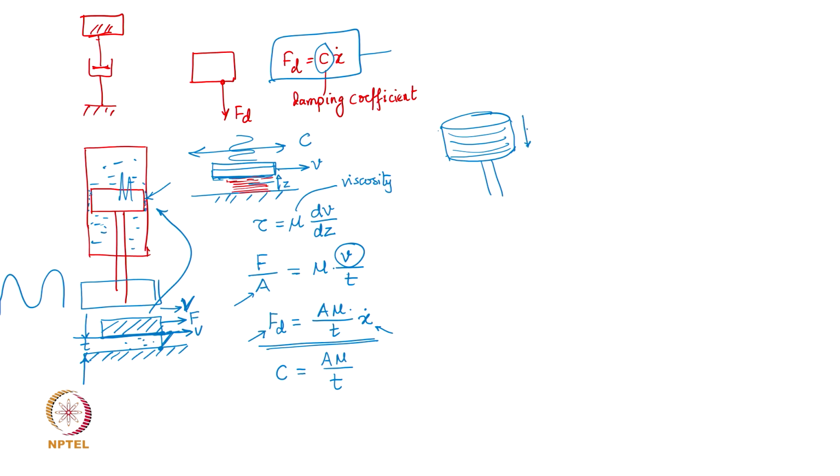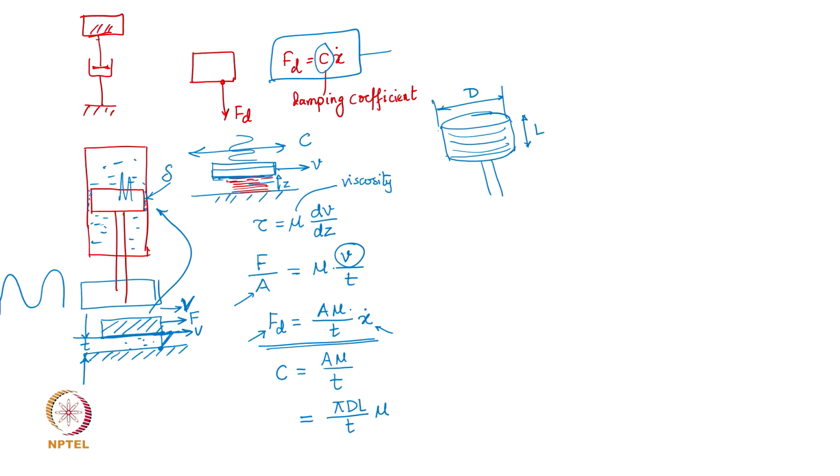If the piston has a length of capital L, and if the piston has a diameter equal to capital D, then obviously this C will take the form of pi D L as the area times mu over T, which is the thickness of the fluid film. In this case, I might like to